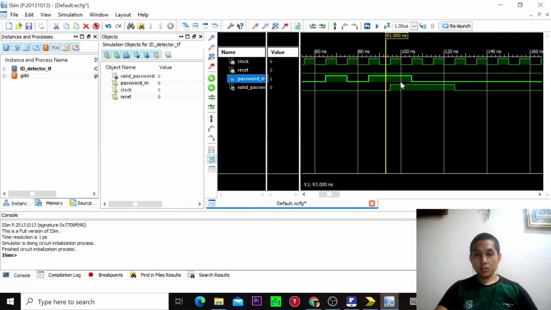This is 1 clock cycle, 2 clock cycles, and 3 clock cycles. So the system will generate the output of high for 3 clock cycles when the system correctly